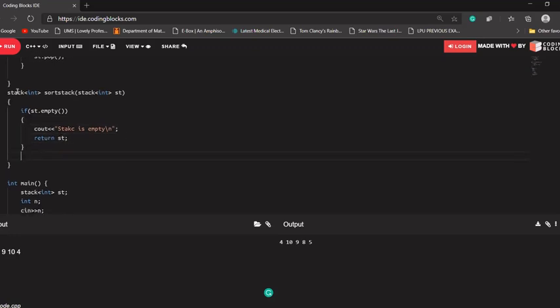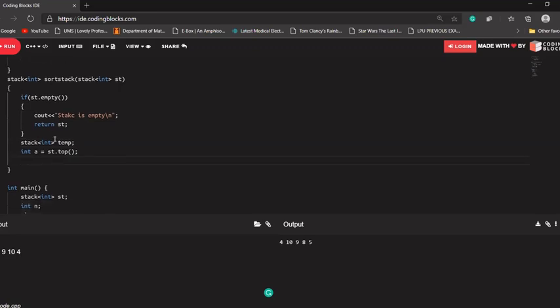If there is something in our stack, so in the first case, I'll take out the value that is there at the top of the stack, st.top. Let's say I'm creating a temp stack, because I have to make a temp stack. I'm naming it as temp. It will be type of int as well.